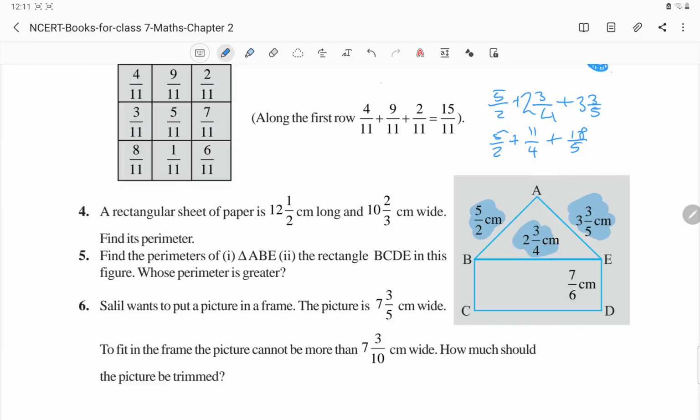We need to have a common denominator, so find the LCM, lowest common multiple. So that's 20. So all the denominators will be 20. So 2 times 10 is 20, so 5 times 10 is 50. 4 times 5 is 20, so 11 times 5 is 55. 5 times 4 is 20, so 18 times 4 is 72. So let's add them all together. 50 plus 55 plus 72 equals 177 by 20